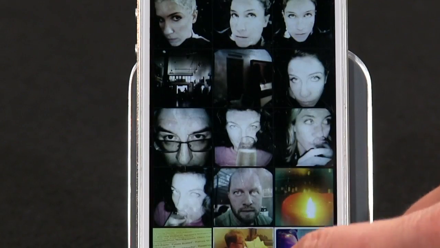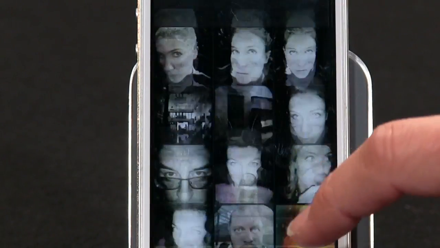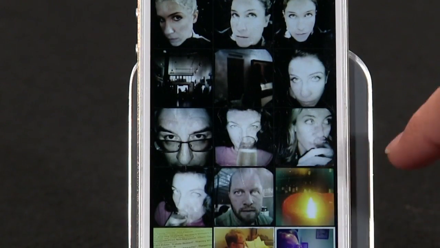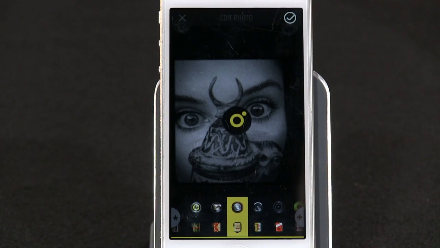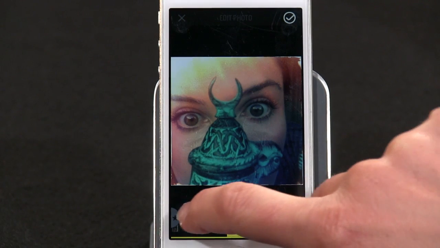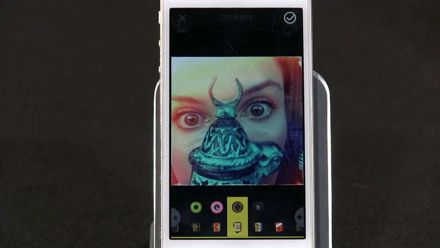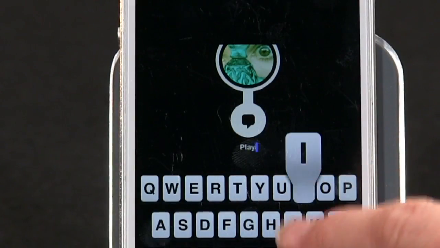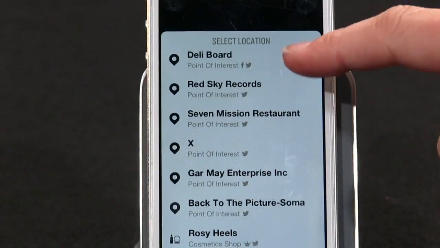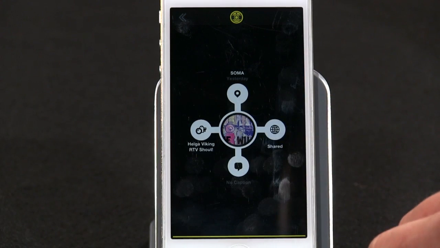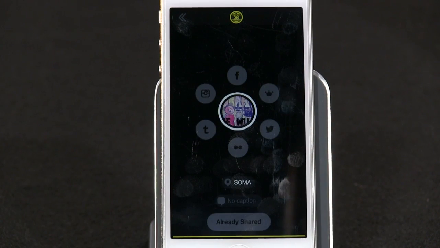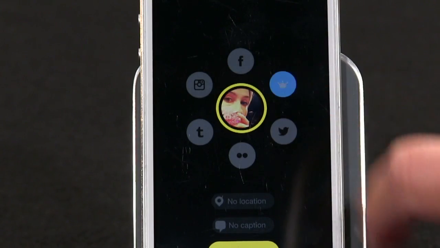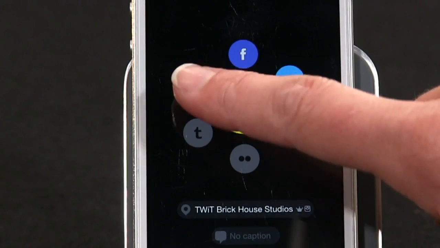Unlike Hipstamatic, which is all about virtual film and lenses that's supposed to mimic actual old-school film photography, Oggl lets you swap out film and lenses after you take the photo, so nice post-processing. You can mix and match to get a ton of different versions of the same photo. Once you're happy with your creation, you can give it a caption, add location info, share it with the Oggl community, and so forth. You can also share to other social networks like Facebook or Foursquare, to your Flickr feed,